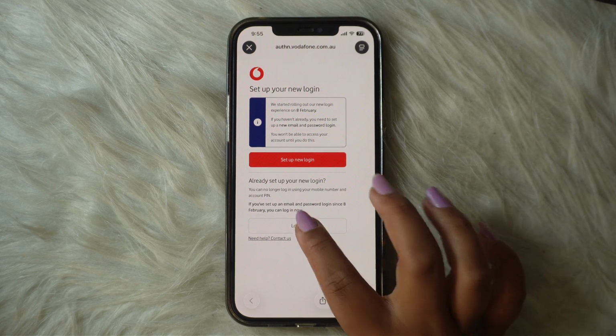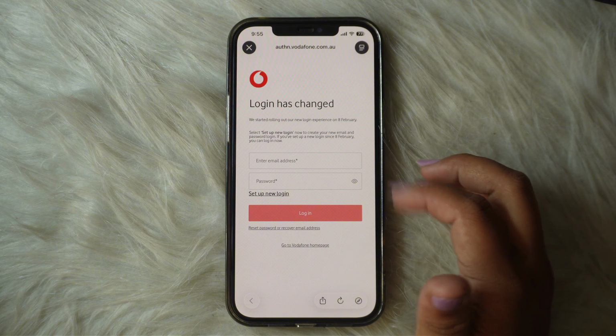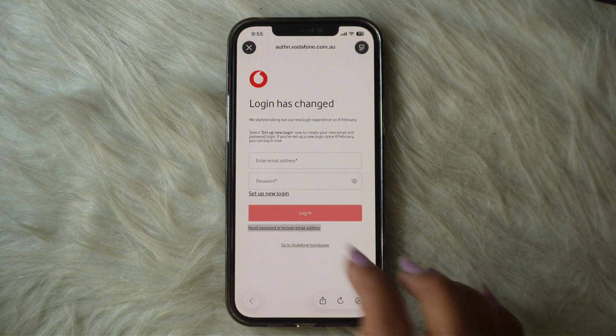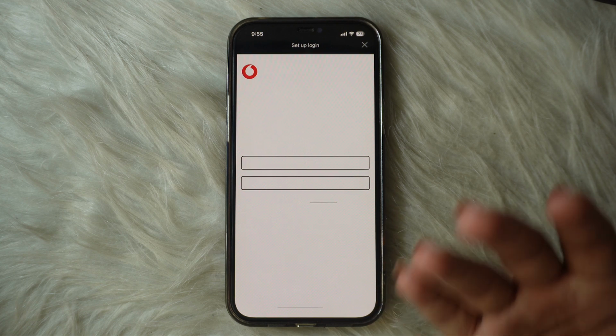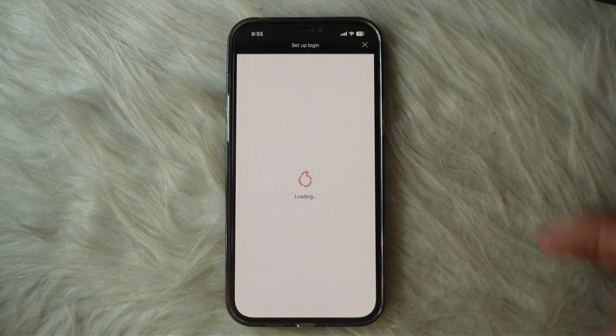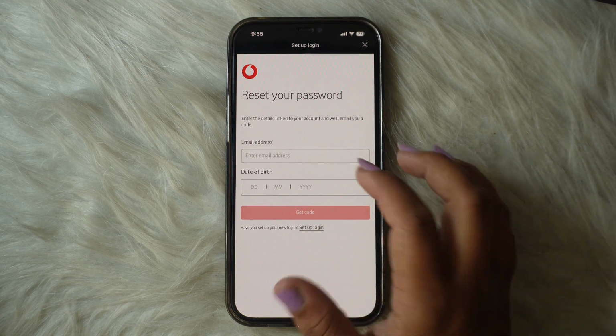So simply tap on login for now, and then from here what we are going to do now is simply tap on reset password or recover email address. So after doing that, we'll get into another link. From here there will be the further process of how you'll be able to reset your account password. So simply tap on reset password, then I'm pretty sure it will ask you to add in your email address